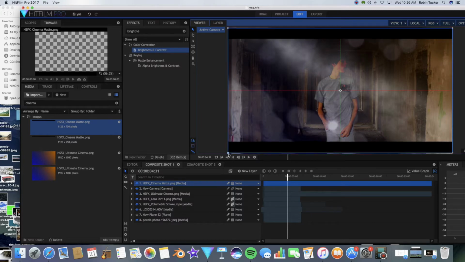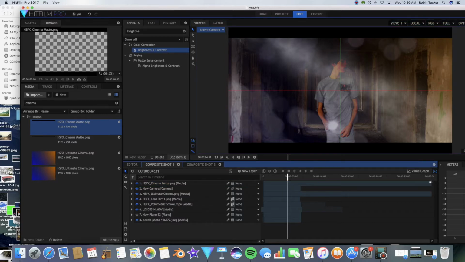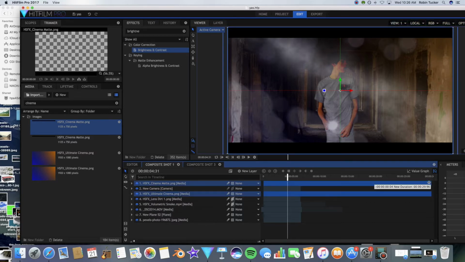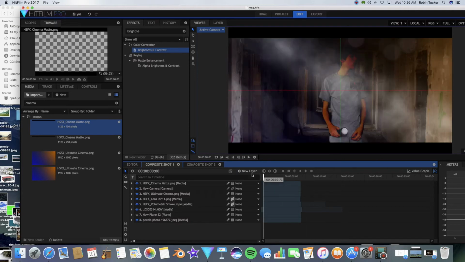so we have a black sort of border on the top and bottom. And this is sort of simulating compressed footage, and it makes your shot look much, much more professional. Because it's pleasing to the eye, and so we're going to go back through there, and we have our finished